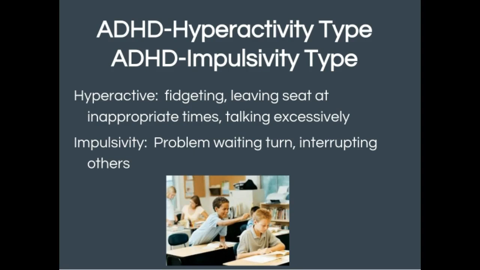And that's kind of the frustration, is that they are constantly talking at inappropriate times, with an endless stream of talking. With impulsivity, they will blurt out answers. They don't wait their turn. They interrupt conversations of others. And yes, you can have both the hyperactive and the impulsive together in a student, and not just separate. So you can see where this type of attention issue is going to create school issues, but it's also going to create social issues for these students.